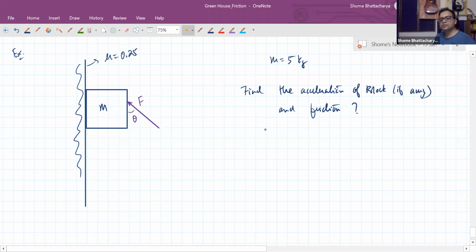If in the A part, we take the value of the force as 250 newtons, and we take the angle theta which is shown as 53 degrees. Okay. And the B part,